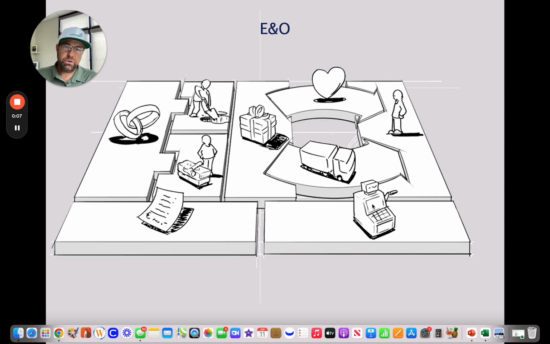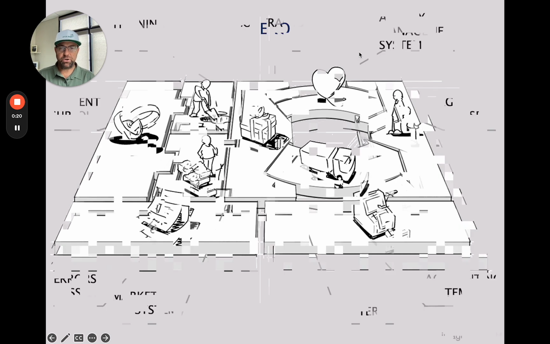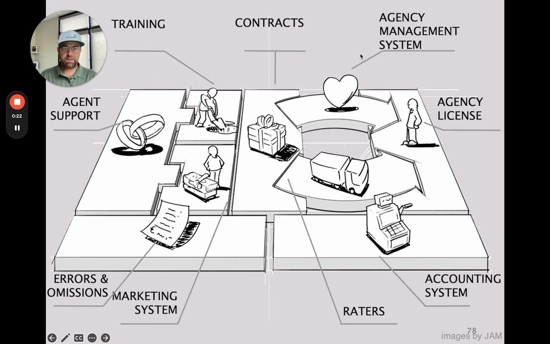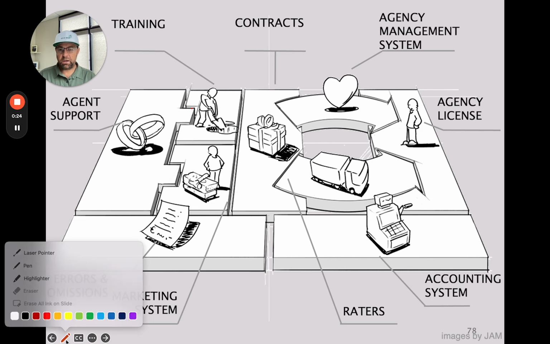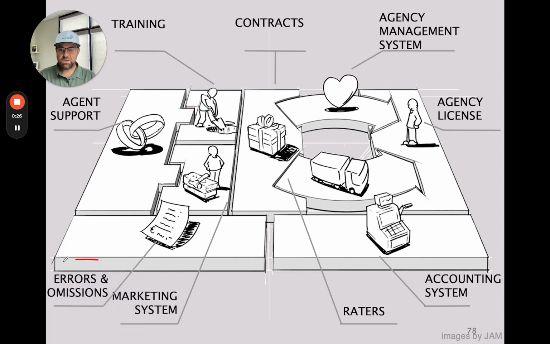Errors and omissions insurance is the insurance policy that we as professional insurance agents have to have so that we can get contracts with insurance companies. So if you've ever seen this puzzle before on putting together an insurance agency, you're going to notice that the errors and omissions section is a key component. Errors and omissions is going to be a requirement by all insurance companies so that you can get the contracts